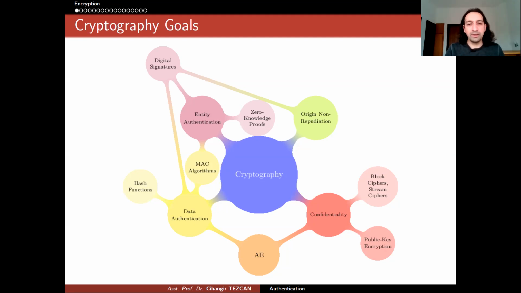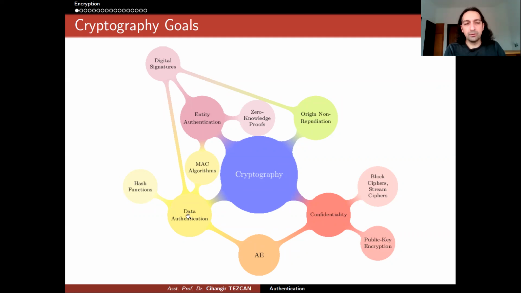So cryptography is not only about encryption, it has different kinds of algorithms, and with these algorithms it solves many different problems. For instance, the confidentiality problem is solved by encryption. You can use symmetric key encryption algorithms like block ciphers or stream ciphers, or public key encryption algorithms like RSA or ElGamal, or authenticated encryption algorithms, for which NIST is currently running a competition on lightweight authenticated encryption. So this part is related to encryption. The confidentiality problem is solved by encryption, but cryptography solves many other problems.